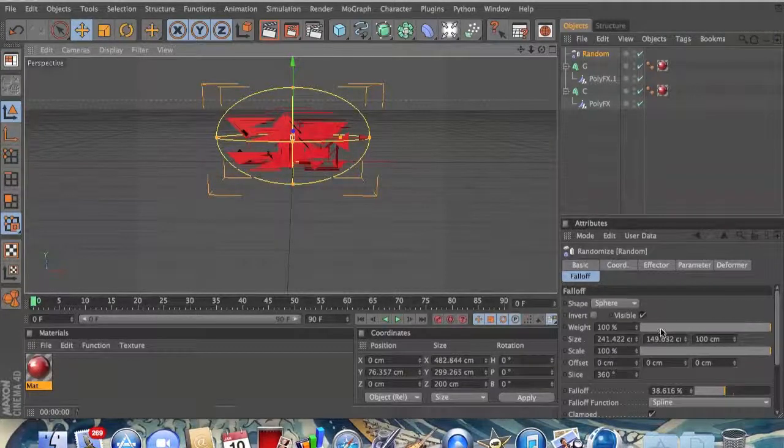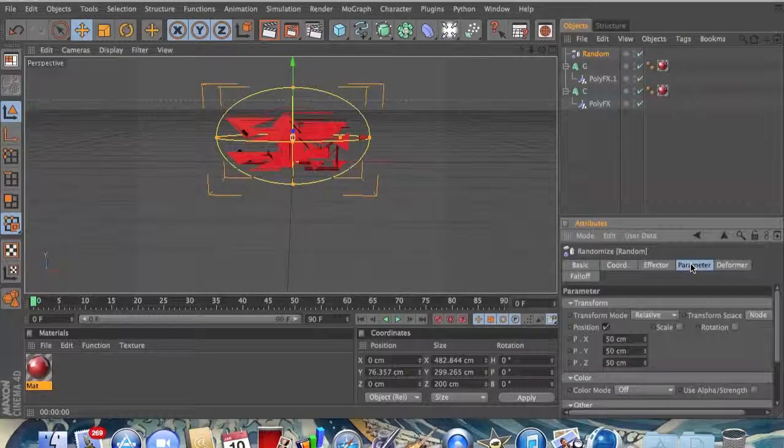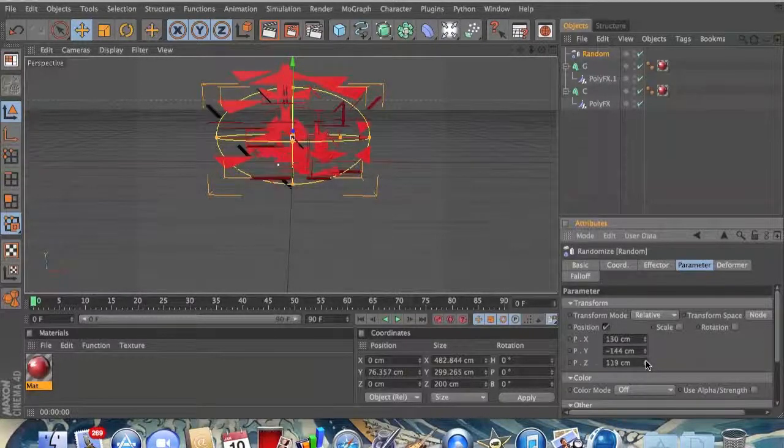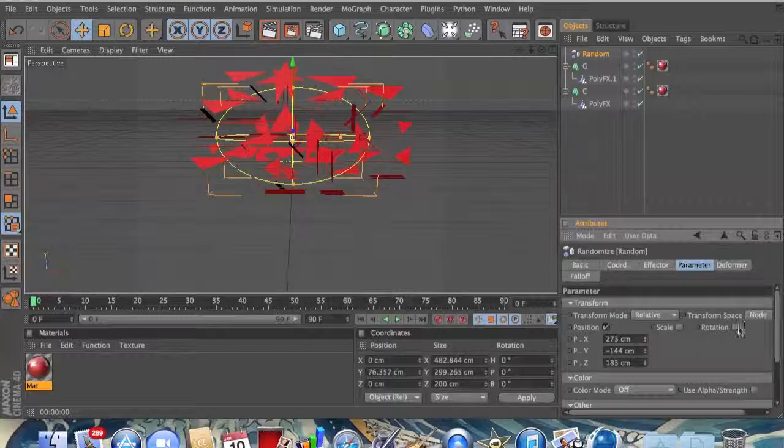Alright, another thing you can do on the random effector is, if you go to parameter and then look at X, Y, and Z, you could also move it around. The defaults are at 50. You can move it around just to put it all over the place, because if it's all in one spot, it just wouldn't look too good for me. But like I said, you can do whatever, but I would really recommend that you make it